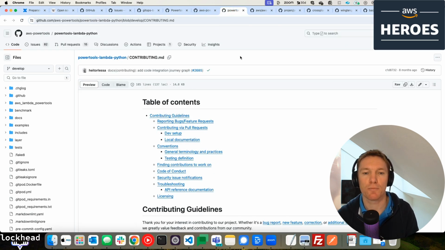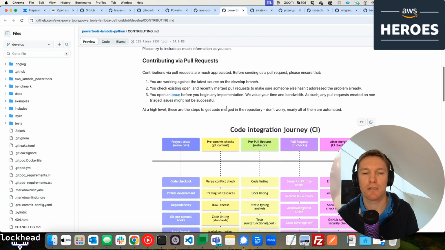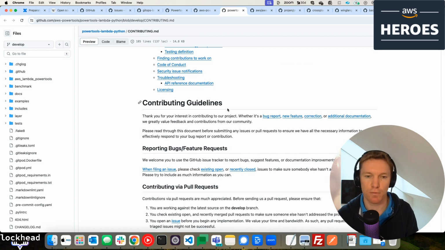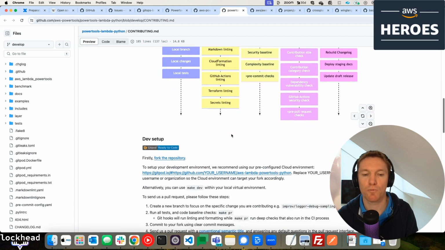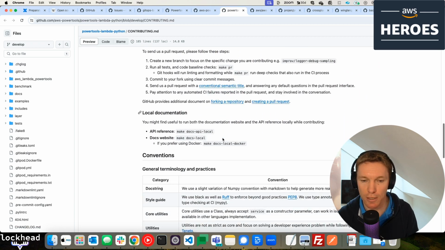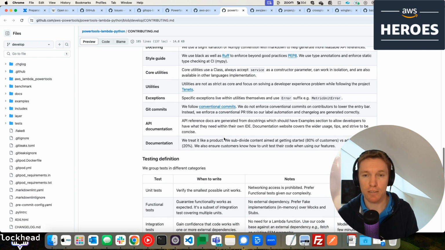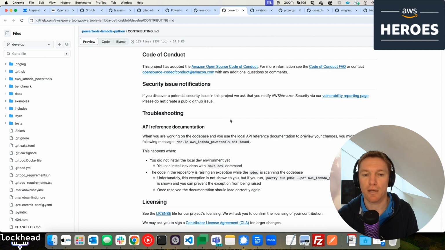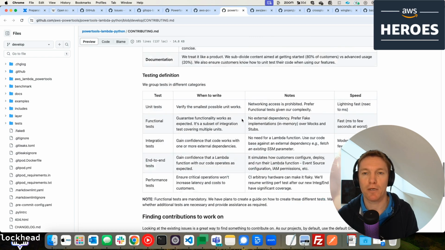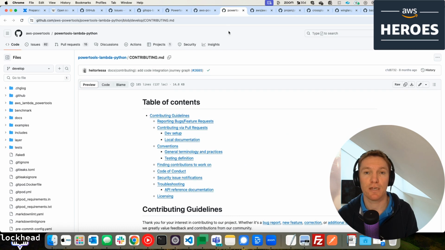If you go to an open source project, there should be a CONTRIBUTING.md. The CONTRIBUTING.md file always aims to explain how you can get involved. And it also explains in a very good and very detailed way what the process will be to get your stuff later merged and accepted into the repository. So this is a great starting point for you to look at how you can get involved with a specific project. The Lambda Powertools project is definitely one that gets a lot of attention. There is a real team behind that on the AWS side. So I would encourage you to have a look at that one and start fixing small things.